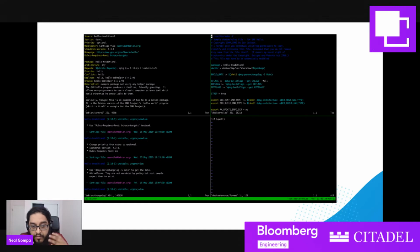However, there are a lot of packages that tend to be more complex than that, and it often involves doing some weird pulling back into the metadata, doing some parsing, accessing environment stuff, going back and forth between makefile templates and shell script templates and these sorts of things, and this hello traditional, which is one that doesn't use debhelper and uses more of the basic tooling directly, is more similar to